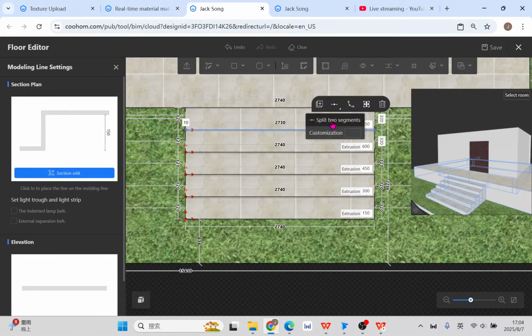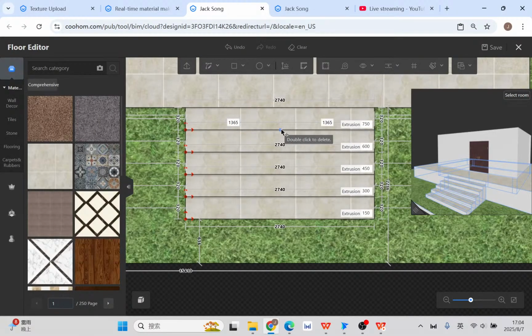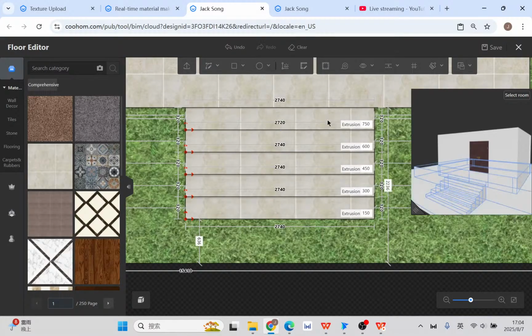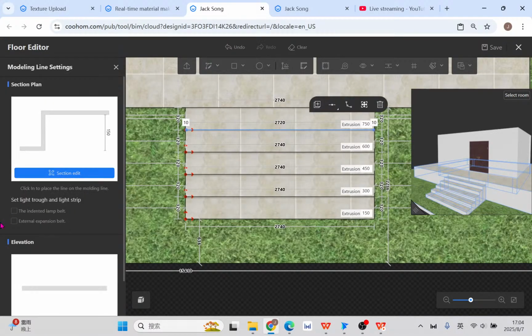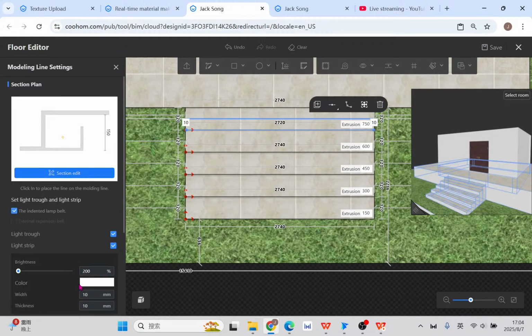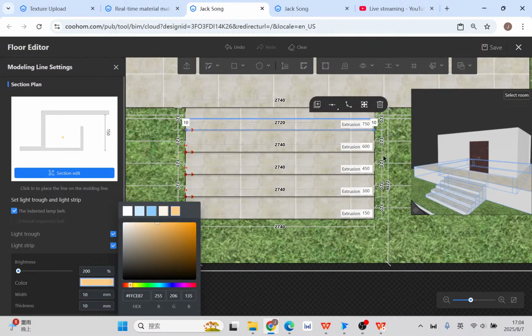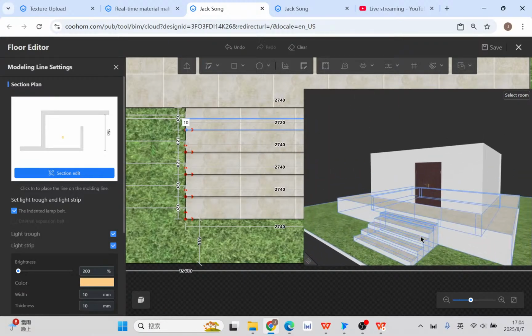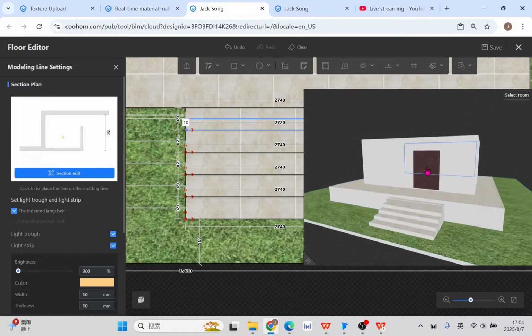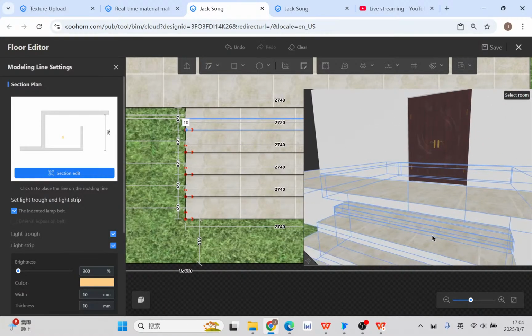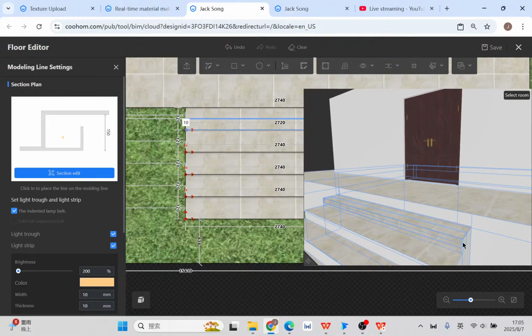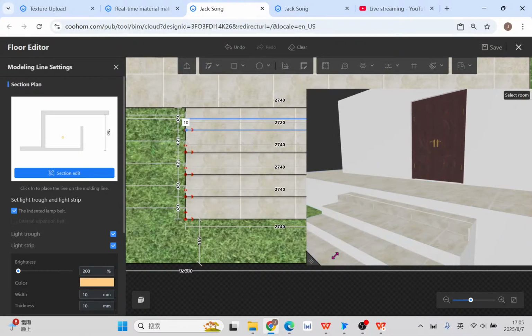This one, okay, click here, 10. And in the middle here, click. Now get the intent lamp belt for the light. Yeah. And now you can have a kind of light strip within inside that, and the same part